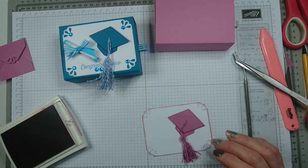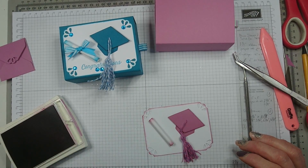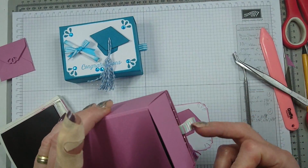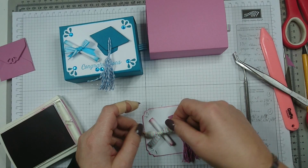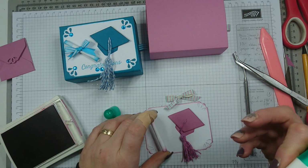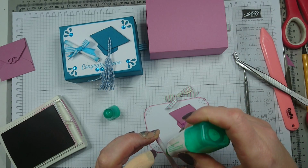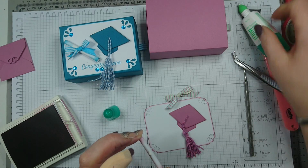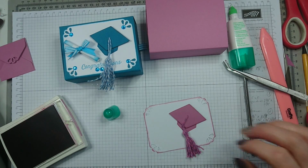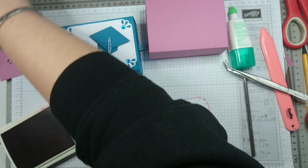So to decorate the front of my card. This is my tassel. And then where is my paper roll? Where did I put this? This needs to go here. And I've already prepared a little bow. That is the same ribbon as I used here, color coordinated of course, and I'm just going to glue this on here with Tombow, and I have to set it aside to actually dry anyway. So when you pop this down, okay, I'm just going to set it aside, and I mean really aside, somewhere out of the way, and leave it to dry, because we haven't finished